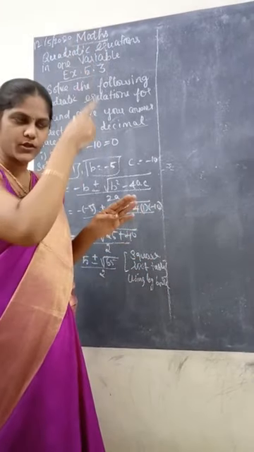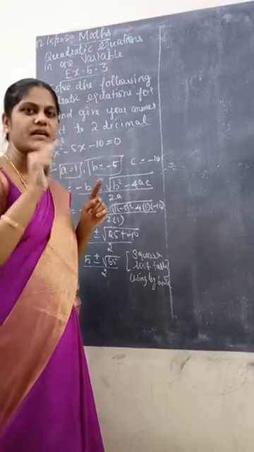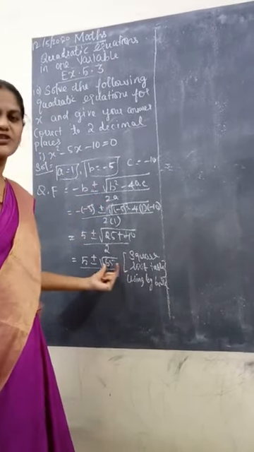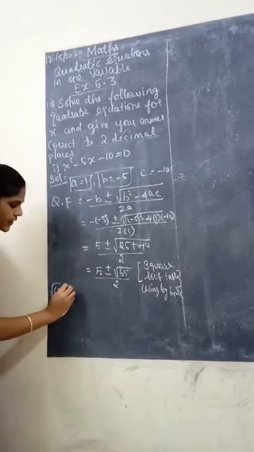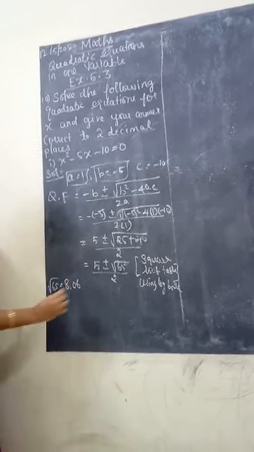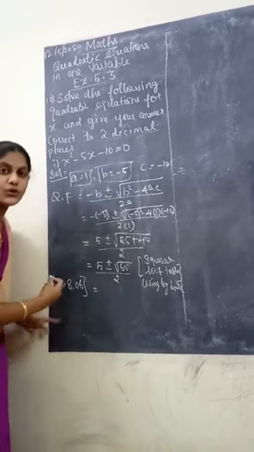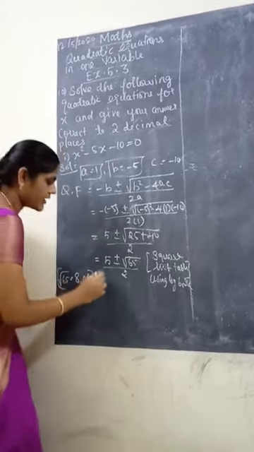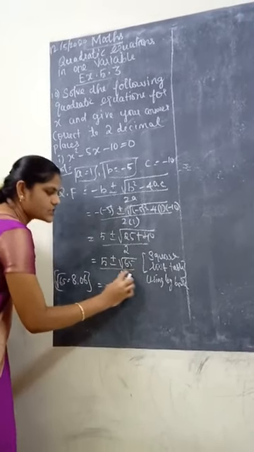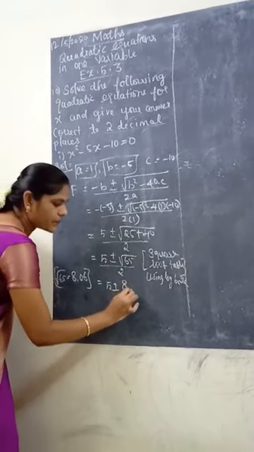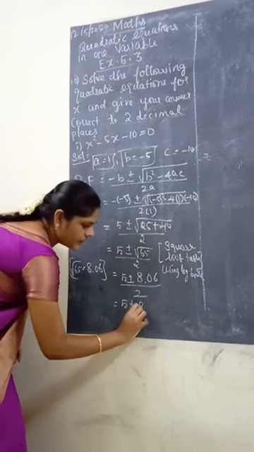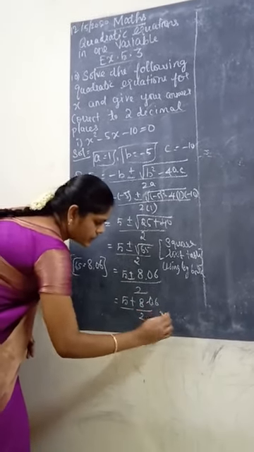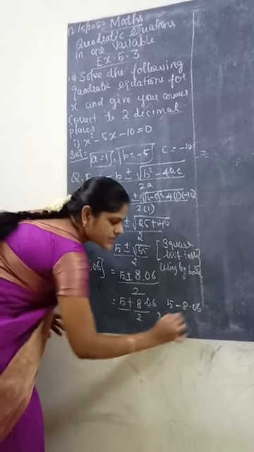You can check the first value. Nearby 65 you have this value. Here I will mention this value. Square root of 65 is equal to 8.06. Okay, so listen, you need to look it up in your log book. Next, 5 plus or minus, instead of square root of 65, 8.06, divided by 2. Next, listen, plus or minus also: 5 plus 8.06 by 2, comma, 5 minus 8.06 by 2.